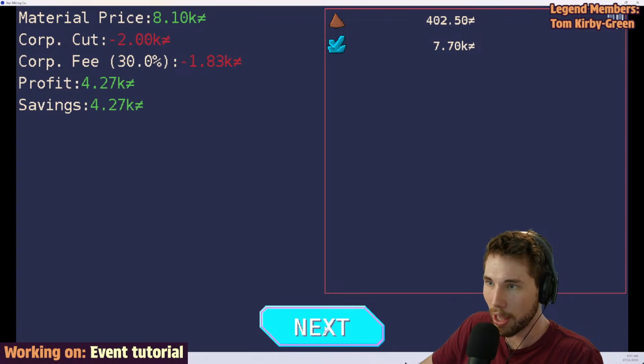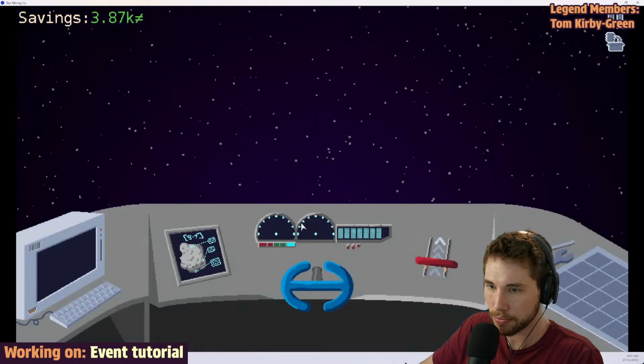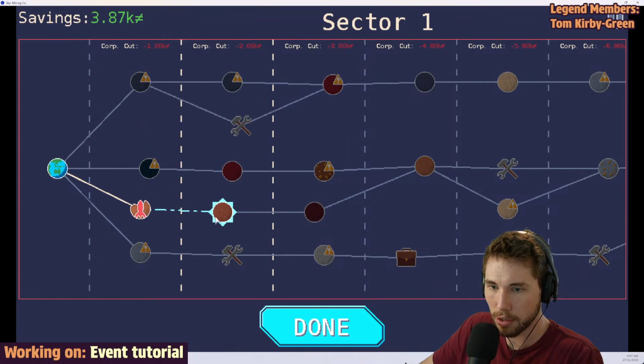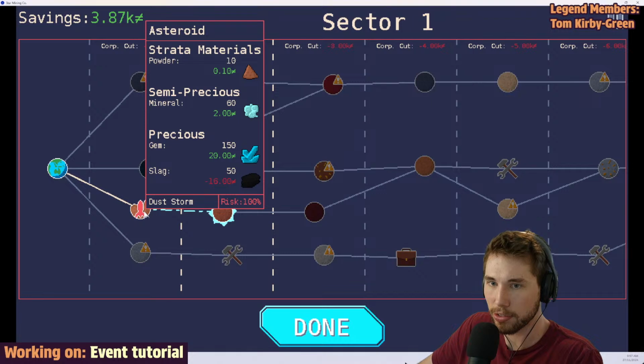And we've got heaps of cash. So that's good. So here, what you can see is... Can you see it? Yes. So, for example, the mineral, I'm getting two...